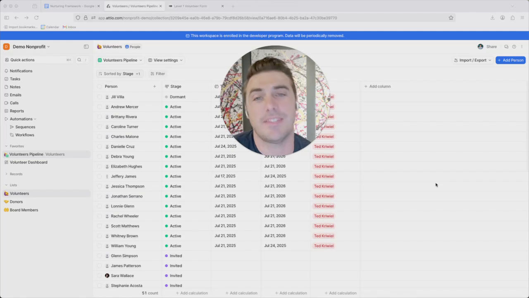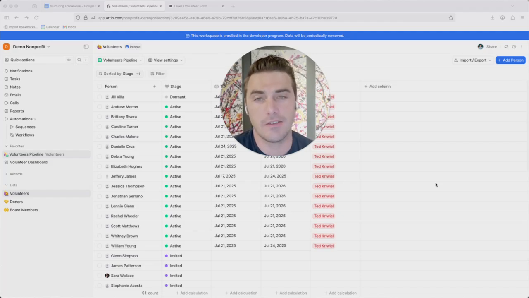A CRM is a software that's designed to help you manage these relationships. And usually they do a really poor job of helping us become intentional and empathetic. Instead, they're trying to automate and streamline and be efficient. That's important, but that's not how people work. We want to care, we want to show intention and nurture these relationships. So we have to be intentional.